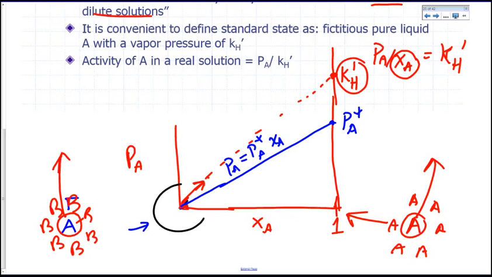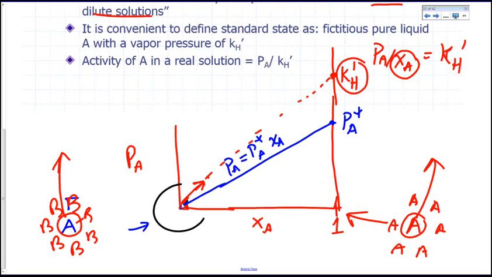In other words, one way you would interpret KH prime is that it would have been the partial pressure of pure A if Henry's law were to hold all the way to pure A. But of course, we know that that's not going to happen. But it's convenient to define that as our standard state. So what we're going to do is use that as a basis for